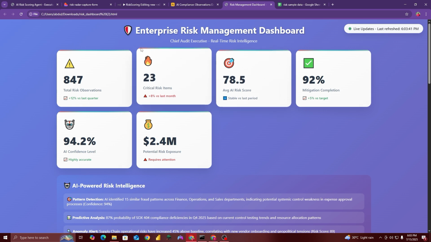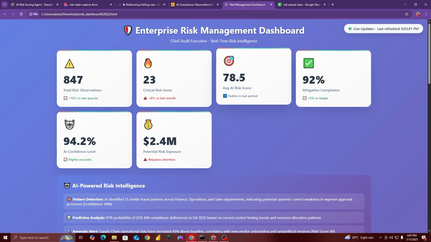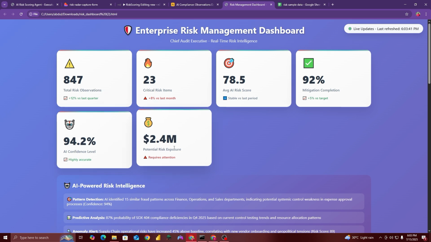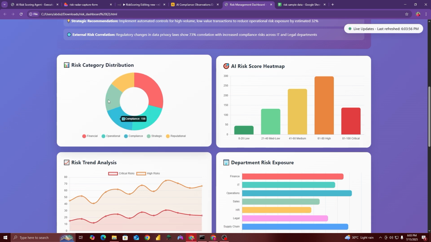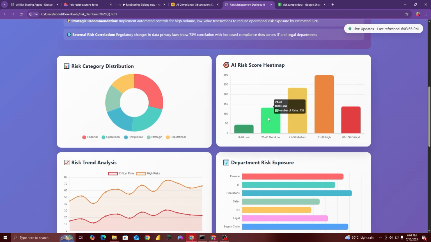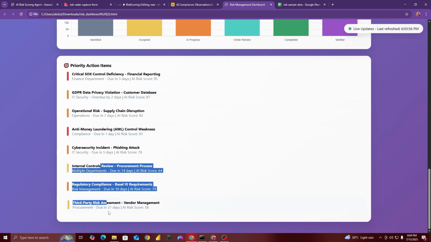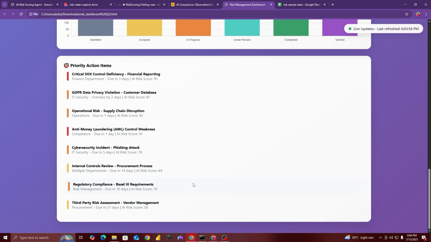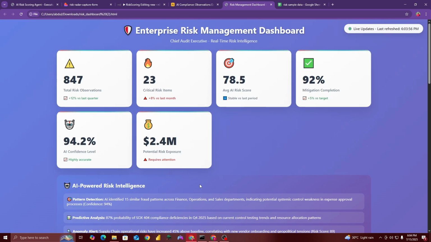For example, I generated this dashboard with the total risk observations, critical risk items, average AI risk score, mitigation completion, confidence level, and potential risk exposure. Such a dashboard can be generated, an interactive, really good looking dashboard with all the trends and everything. And this is the demo of the whole process.